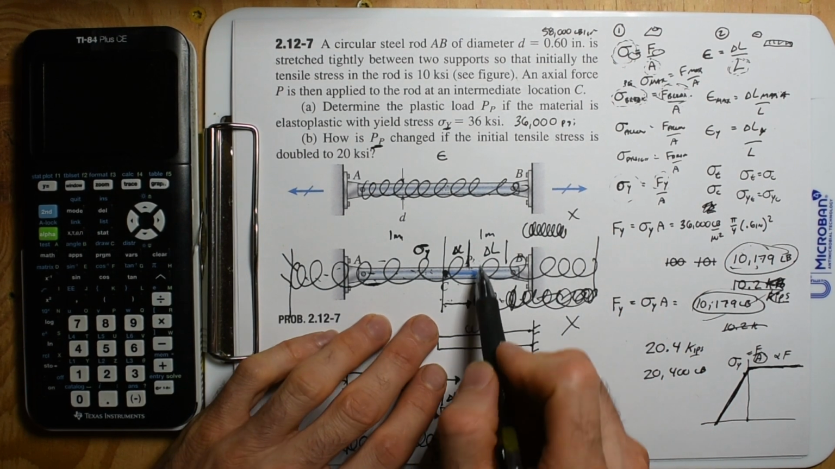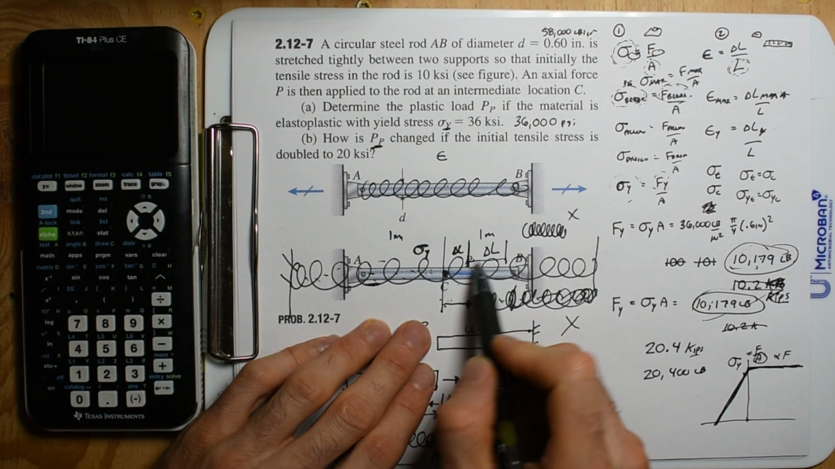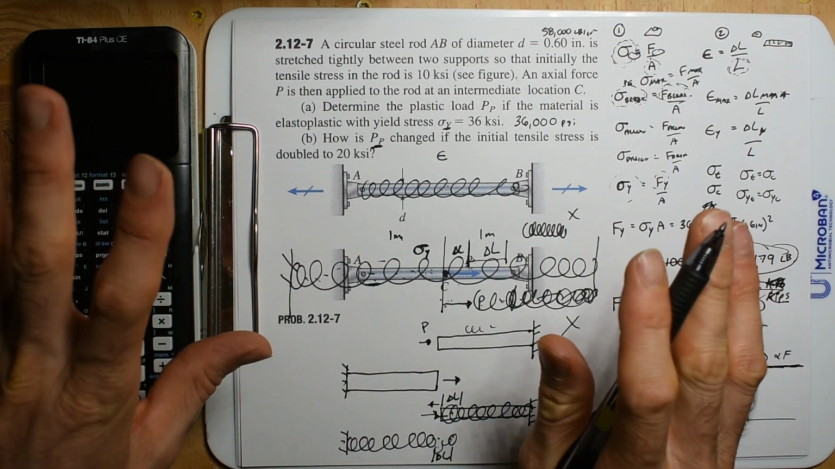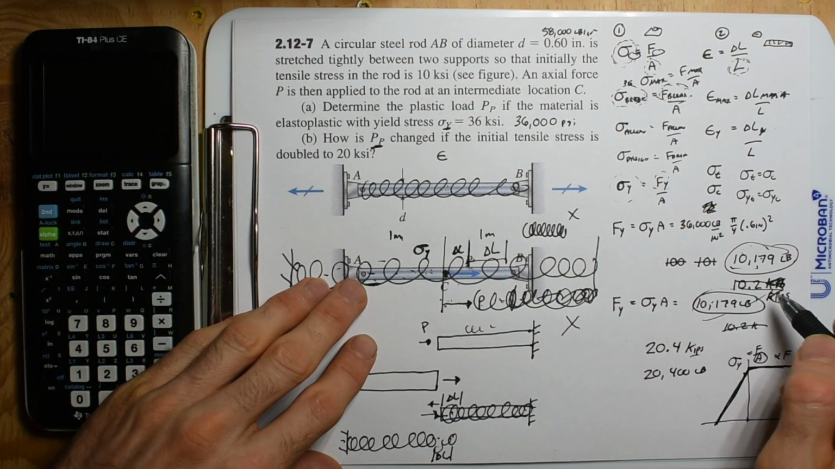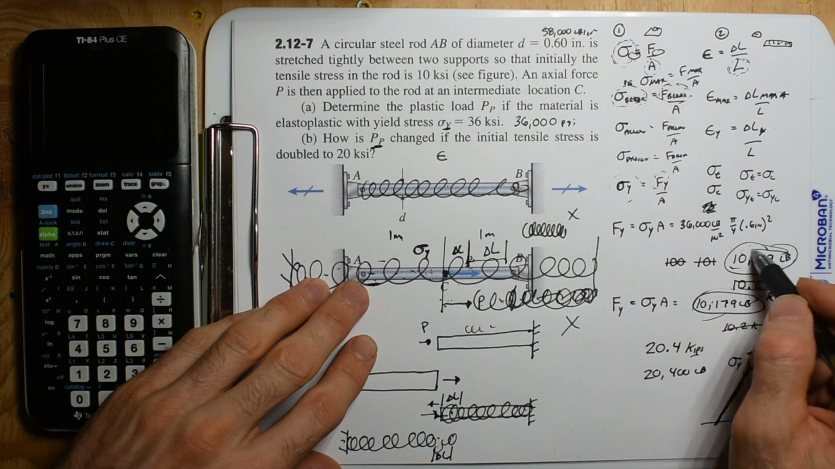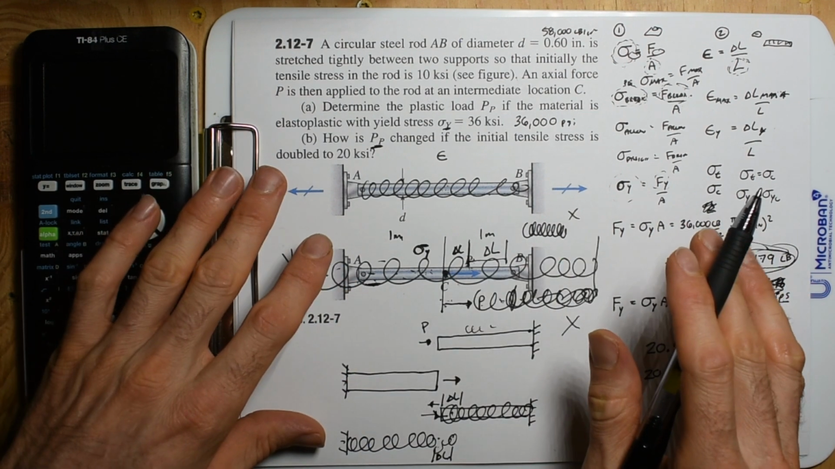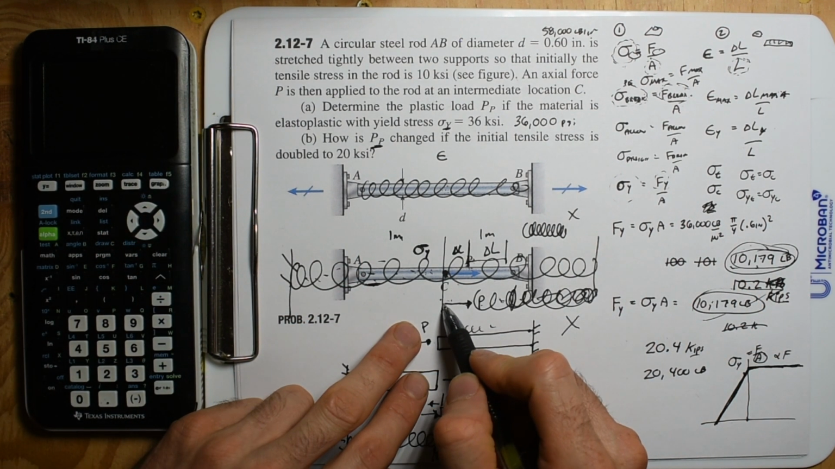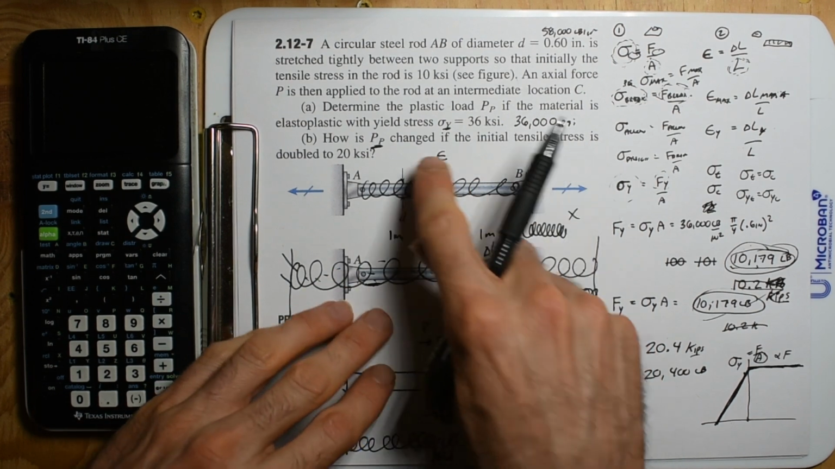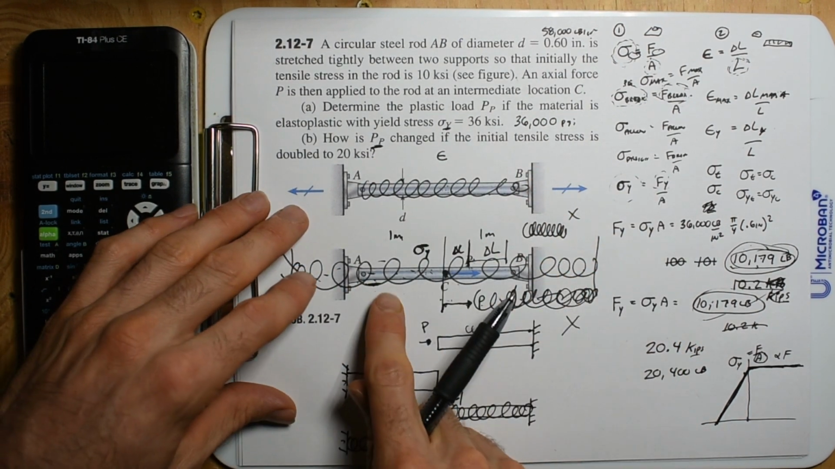But while we're lengthening it, this spring is like, hey, I give up. You know what I mean? I can still hold 10,200 pounds, but no more. You know what I mean? So at the end of the day, that's why plastic limit problems are easy, because you're just like, yeah,